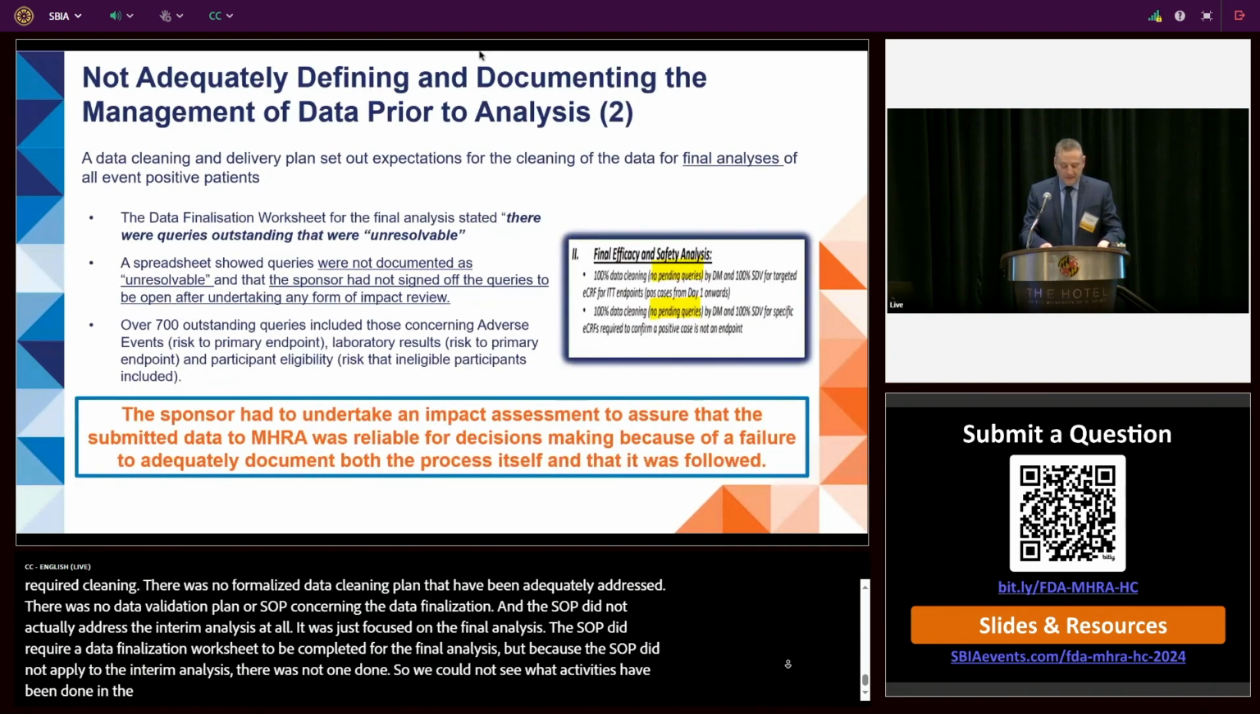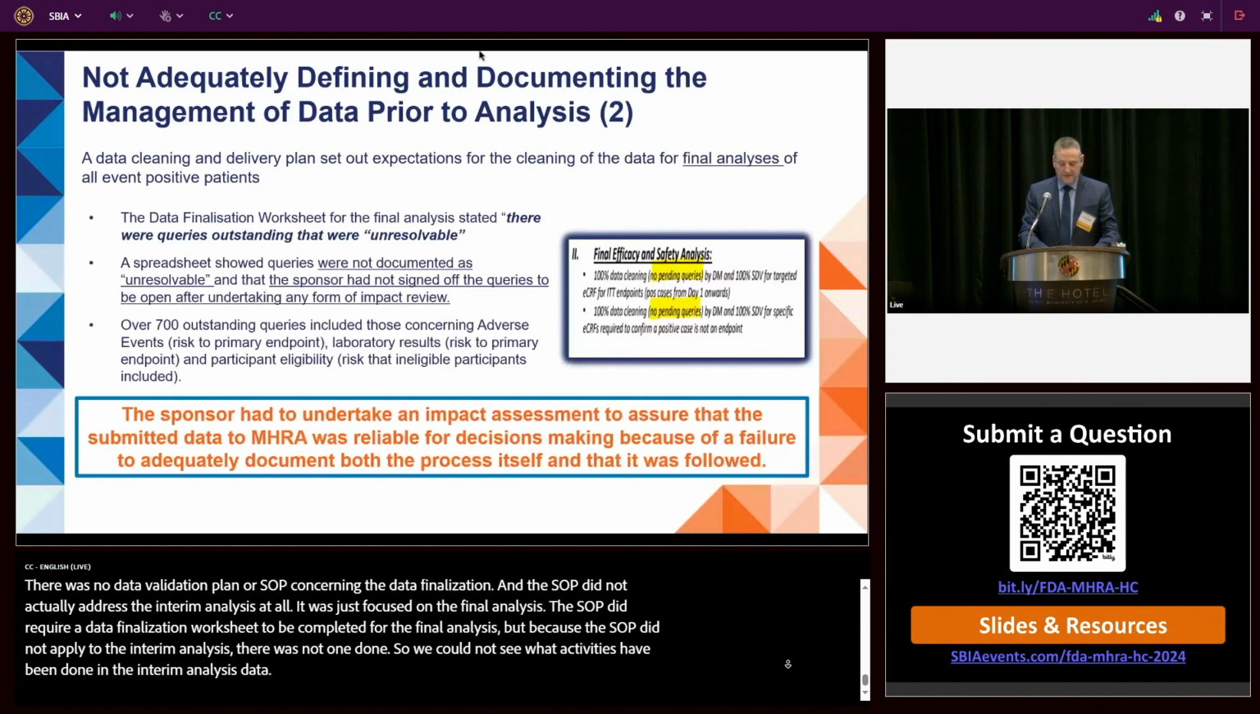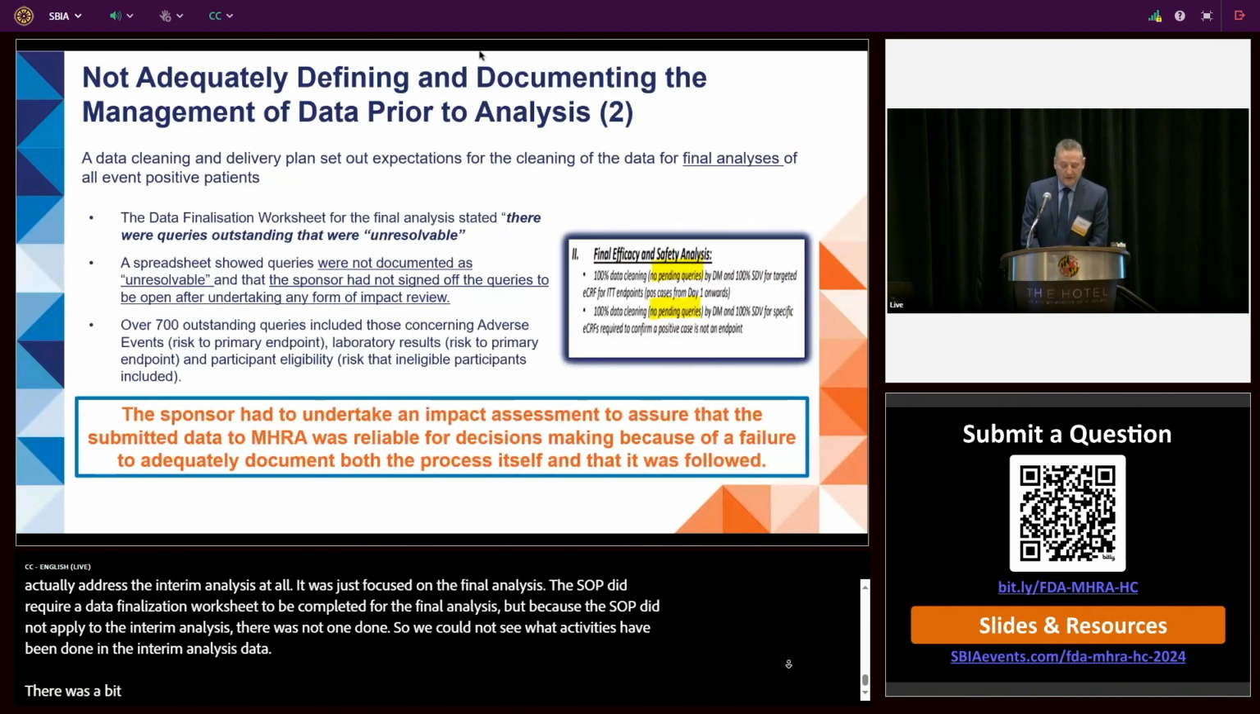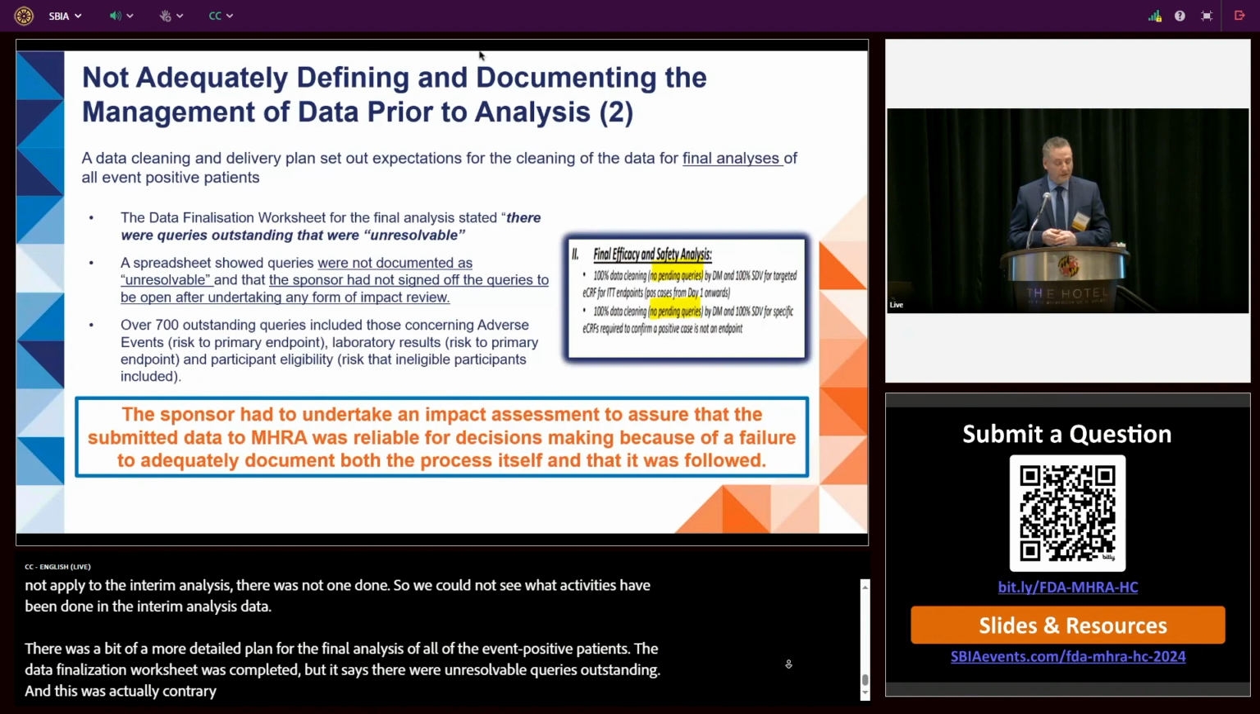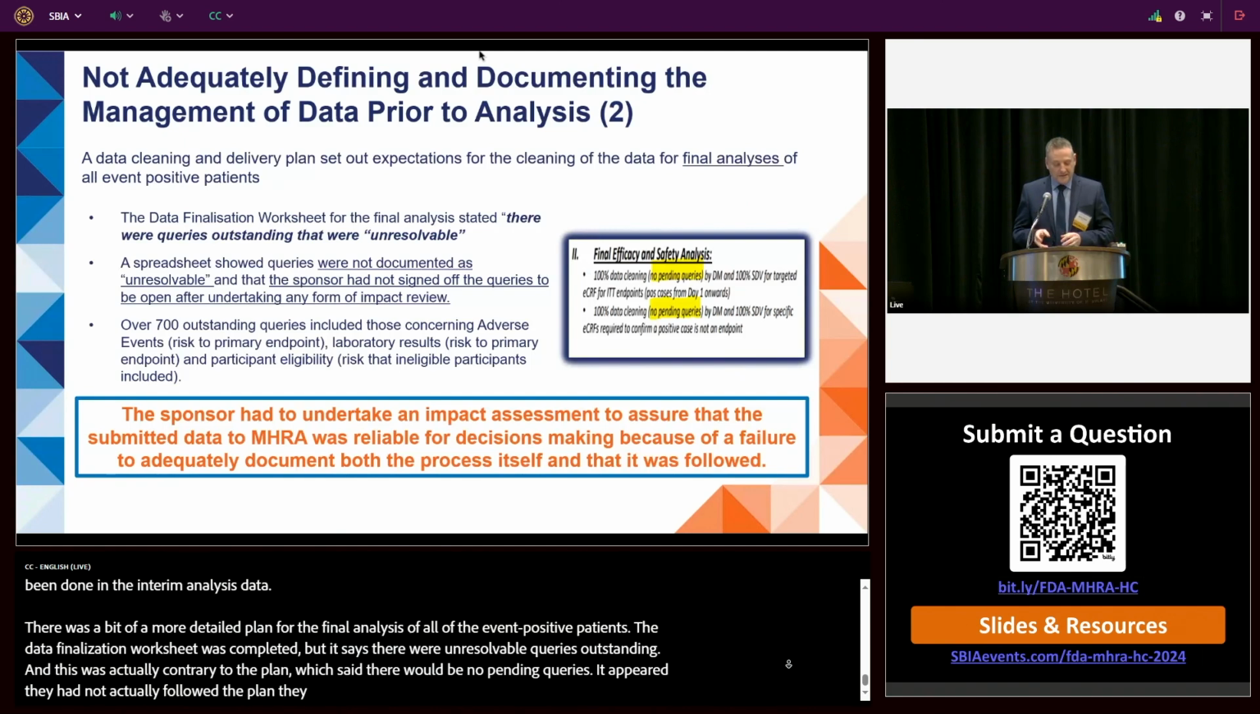There was a bit of a more detailed plan for the final analysis of all the event-positive patients, and the data finalization worksheet was completed, but it said there were unresolvable queries outstanding, and this was actually contrary to the plan, which said there would be no pending queries, so it appeared they hadn't actually followed the plan that they'd written down. And when we looked deeper into the spreadsheet tracking data, we found that there were 700 queries that